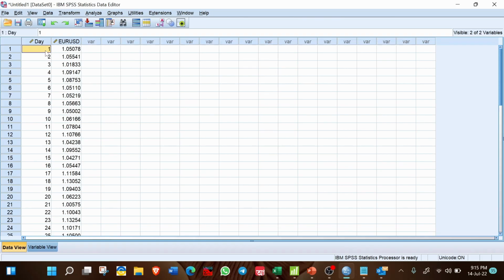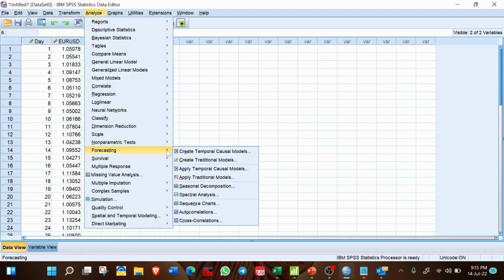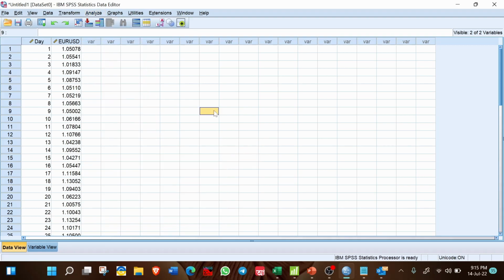See, the day has been changed to 1, 2, 3, 4. Earlier it was 1.00, 2.00, 3.00 and so on. And EURUSD is also showing 5 decimal places. So now the data is ready. Now we will go to analyze, then forecasting. Okay, so before doing this, we will first plot the data in graphical form, in time series form, and try